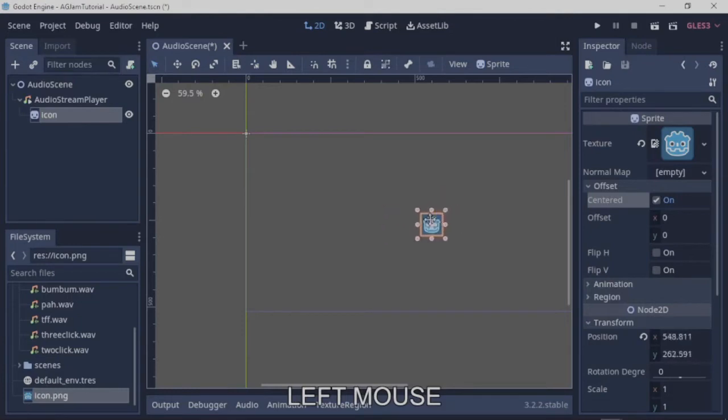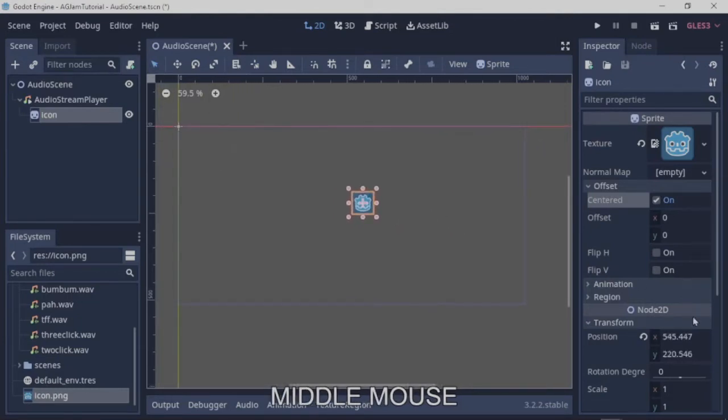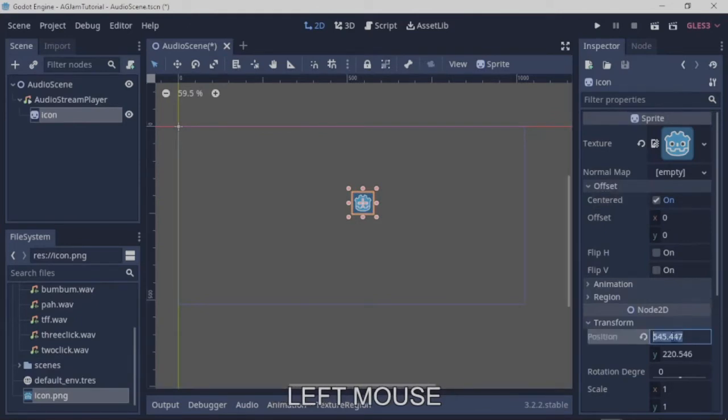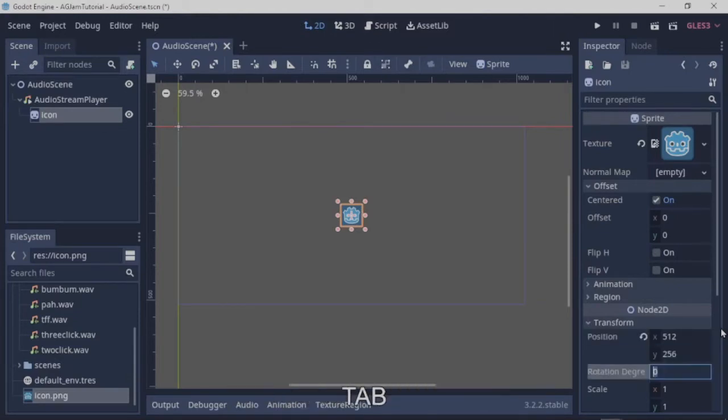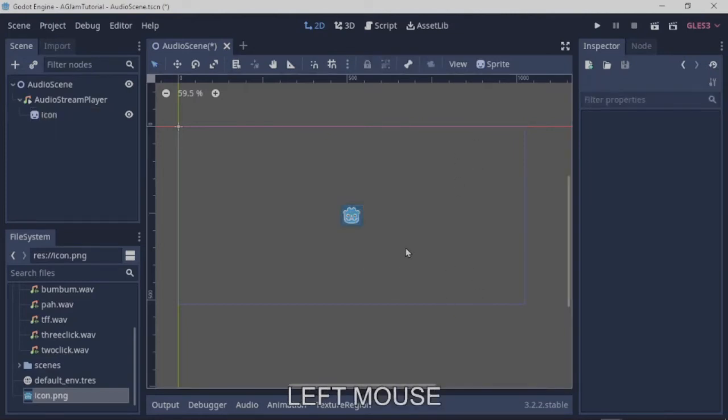I just want our little Robbo to start in the middle. So I'm just going to manually set here the X position to be 512 and the Y position to be 256, which is just half of my 1024 and 512. Okay, so we've got our little Robbo there in the middle, and if I hit the play button,